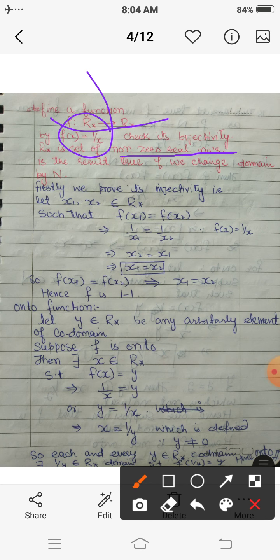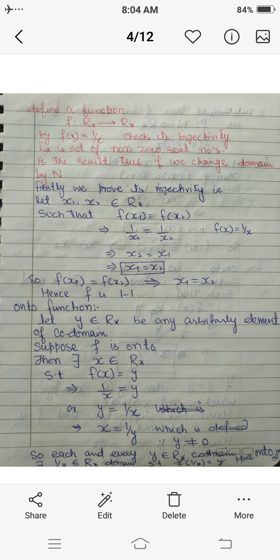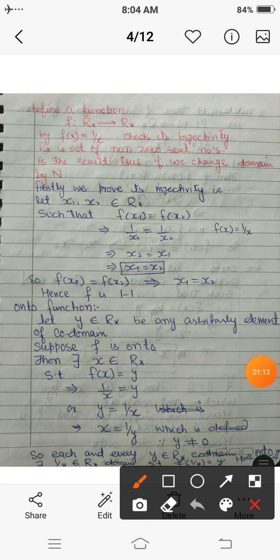Now, is the result true if we change its domain to N? That is, we have to check the same function if we consider N to be its domain. Now firstly, if we consider the function from R star to R star, that is we consider its domain as R star, then for 1-1 function,